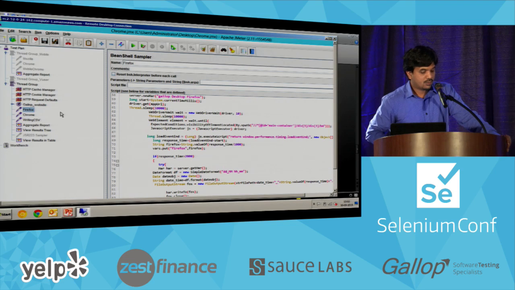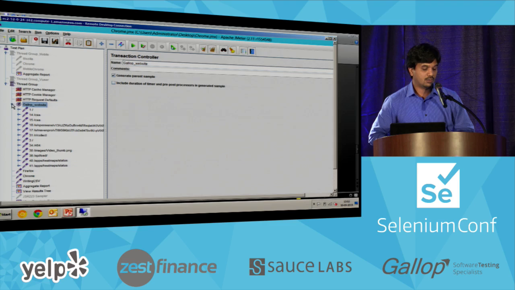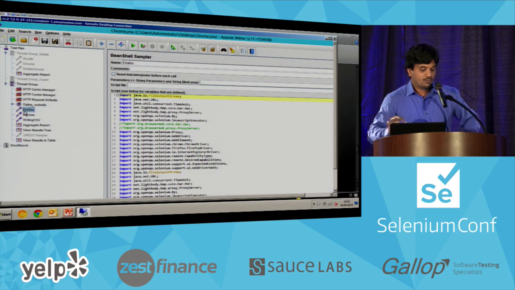We have a JMeter script here. The Gallop website is a standard JMeter sampler, which has all the HTTP requests, which will be played in a sequential manner. And then we have a Firefox WebDriver doing the same thing, it visits the Gallop.net web page, and